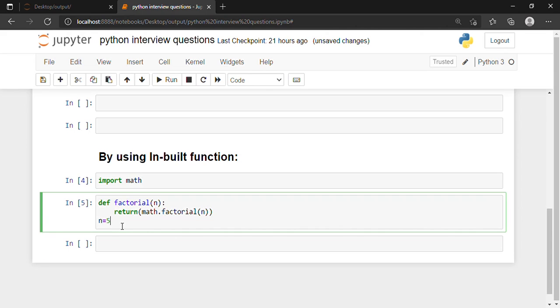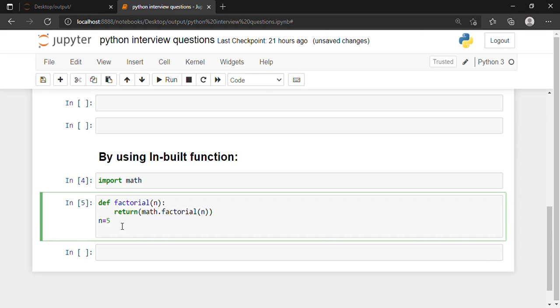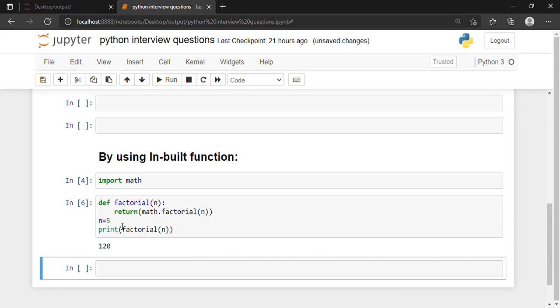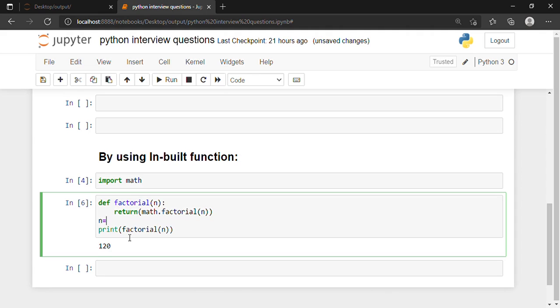Okay, we'll have to give a printing statement. So print factorial of n. Okay, 120.